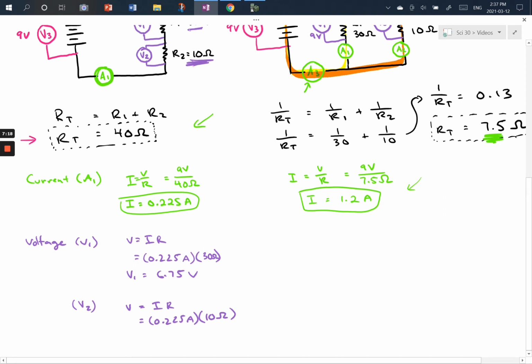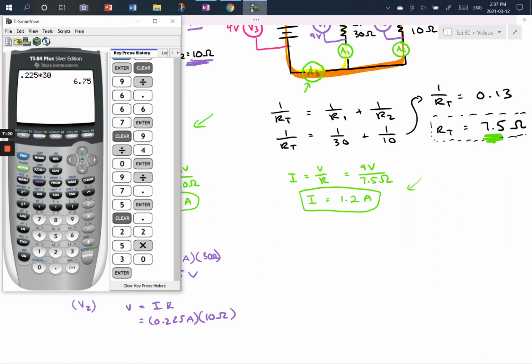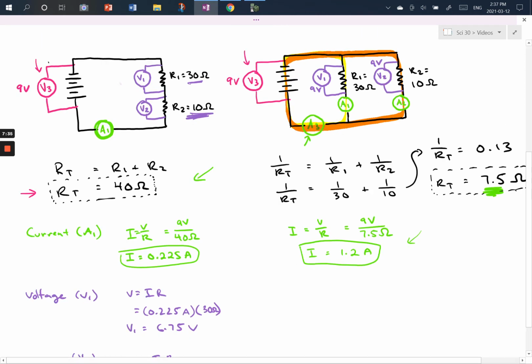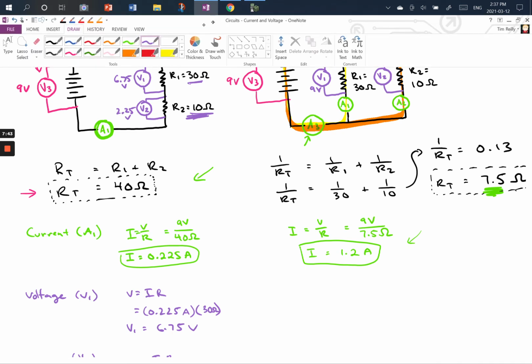Okay, and so when I do that in my calculator, I'm going to do 0.225 times 10. Well, look at that, 2.25, just like I said. So V2 is 2.25 volts. So this one was 6.75, this one was 2.25, and those both add up to our 9